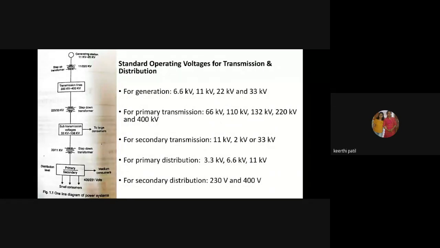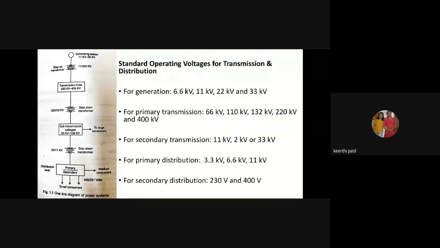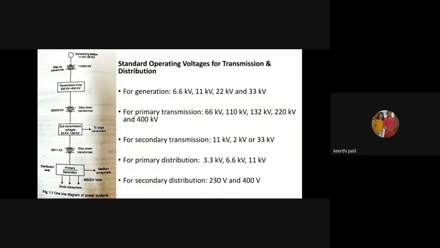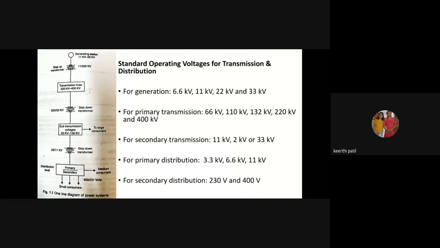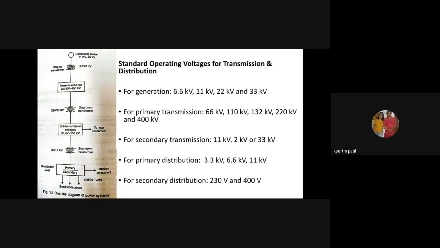Just note from which voltage level to which voltage level the transformers are stepping up or stepping down. Before the transmission lines it is stepped up, and after the transmission lines it is stepped down. There lies the function of stepping up and stepping down. Transformers are the primary component of this. This voltage stepping up and stepping down obviously happens with the help of transformers. So transformers are the most important part that helps in the proper functioning of